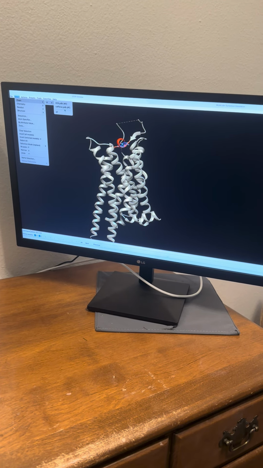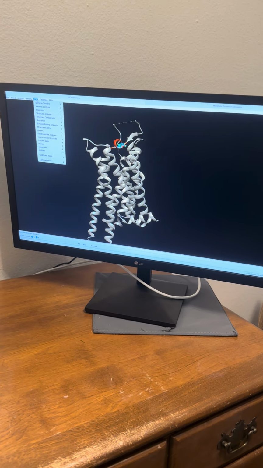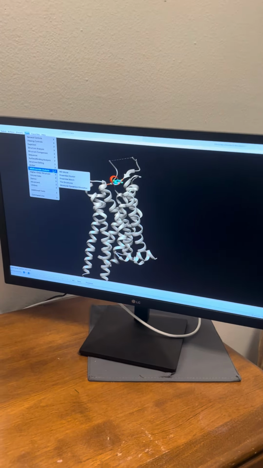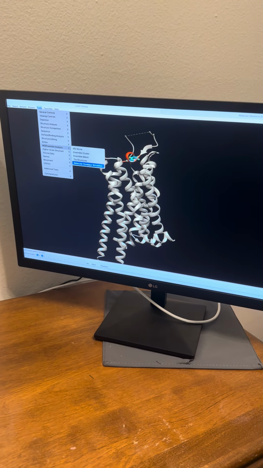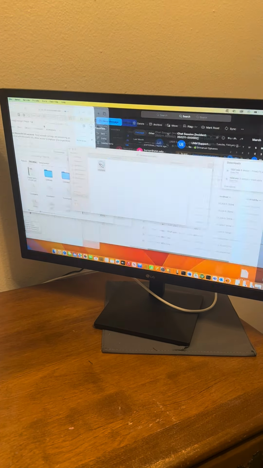I think I need to highlight the caffeine. Once I highlight the caffeine, then I go to Molecular Dynamics Ensemble Analysis, then Molecular Dynamics Simulation. Once I go there,